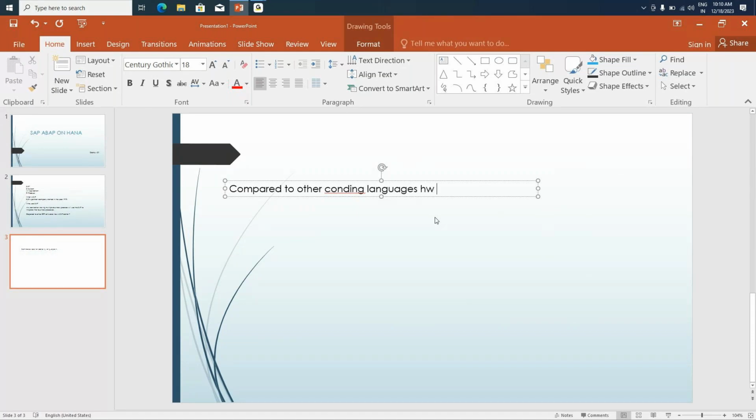How is SAP better? Let's say C language or Python or Java or any other languages that you might have already heard about. There you will have a very tricky coding structure. For example, if we take C language, you will have multiple